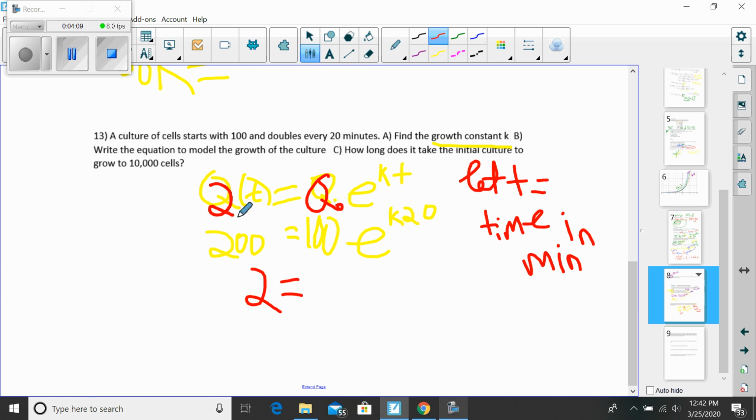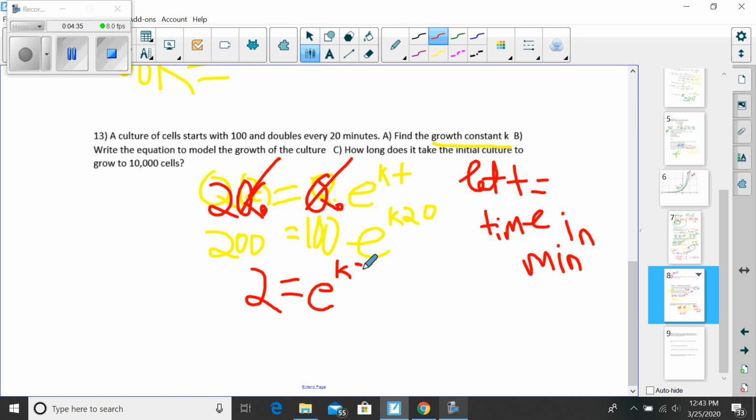So this is twice Q naught. Right? Anytime something doubles, I could just jump right to this fact that I'm going to have 2 on the left-hand side. All right, because these would divide out of both sides, and anytime something doubles, I get 2 equals E to the K. I'm looking for K, and